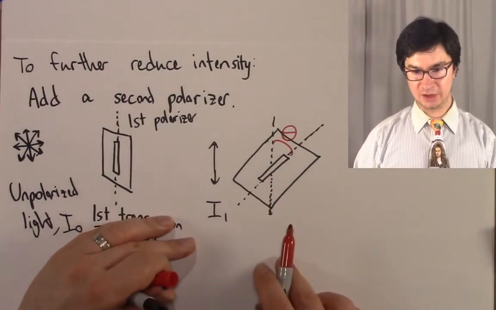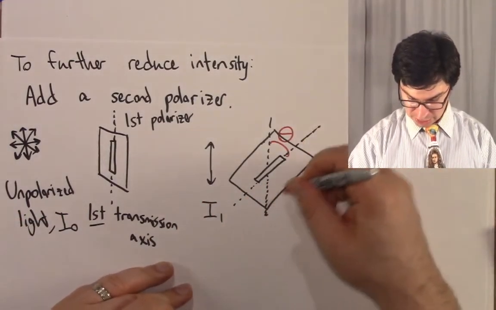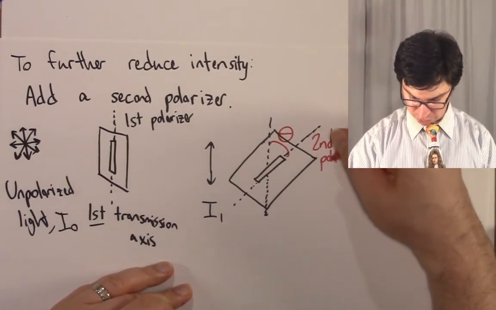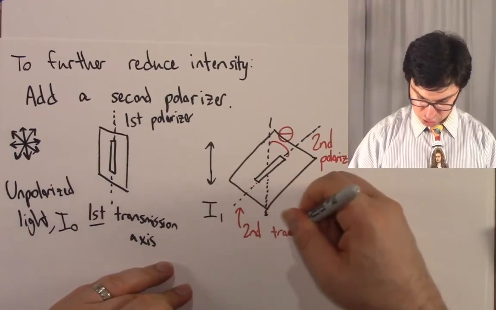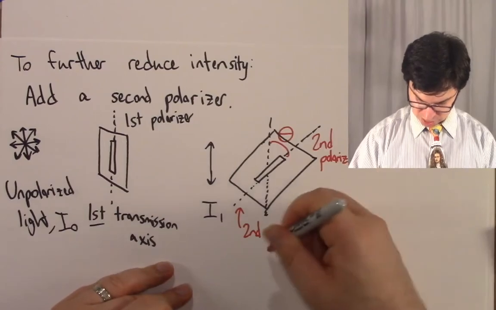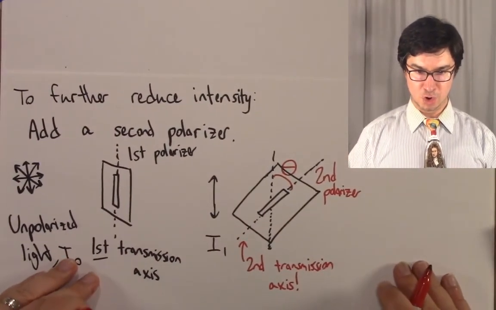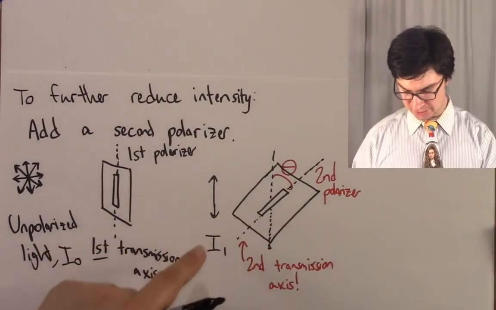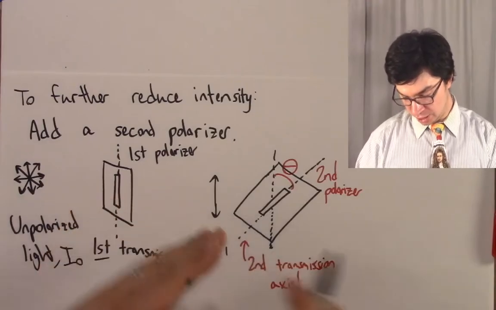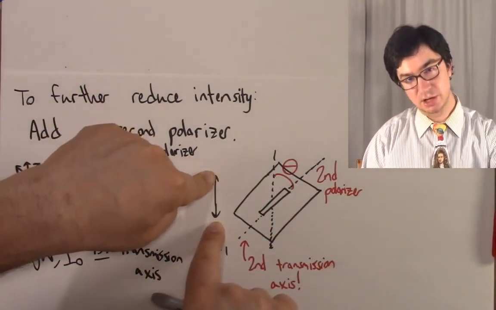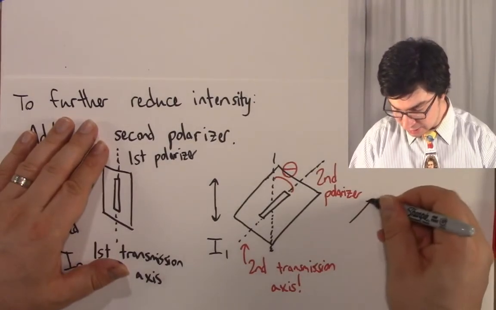Okay? So what we have here is an I1 intensity, which is incident upon a second polarizer. So this here is going to be our second polarizer. And this axis that you see here is going to be the second transmission axis. Alright, the second transmission axis. So, what do we expect to happen now that we are running this intensity I1 through the second polarizer? Well, the only light that's going to be able to get through is the light that's in the direction of the second transmission axis. So taking this electric field vector, passing it through this polarizer will only allow this transmitted